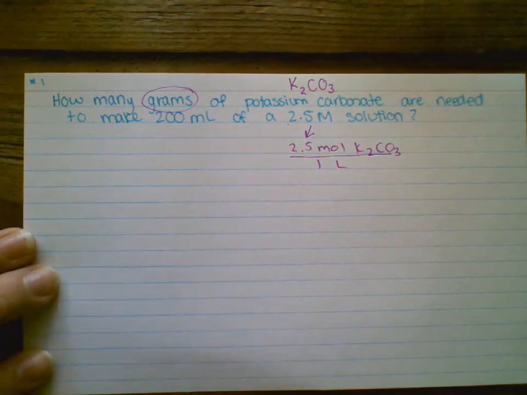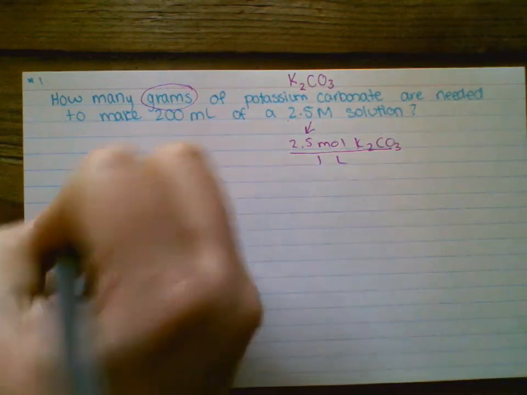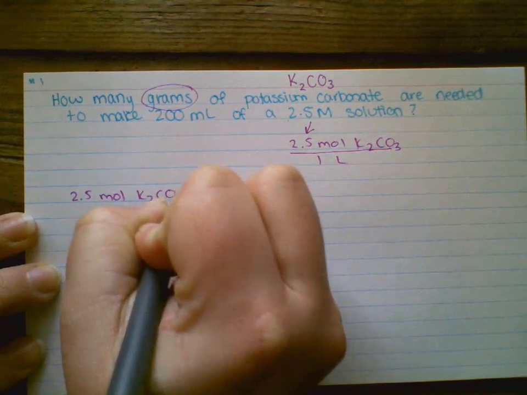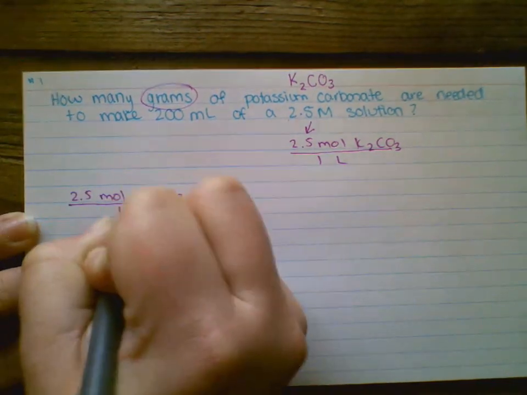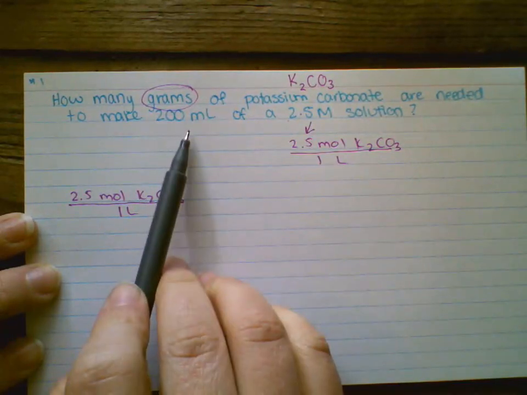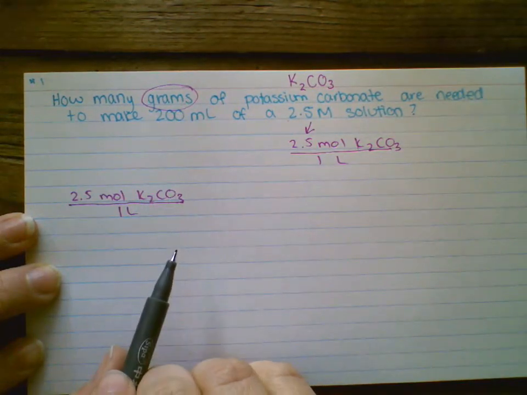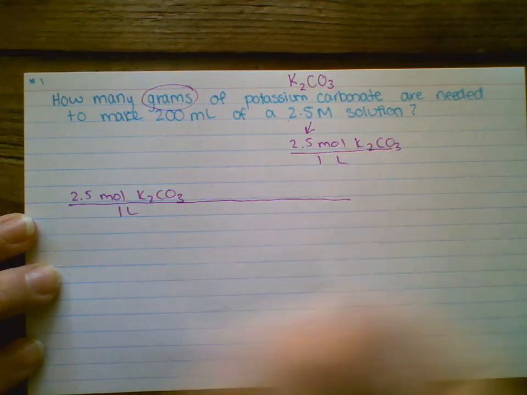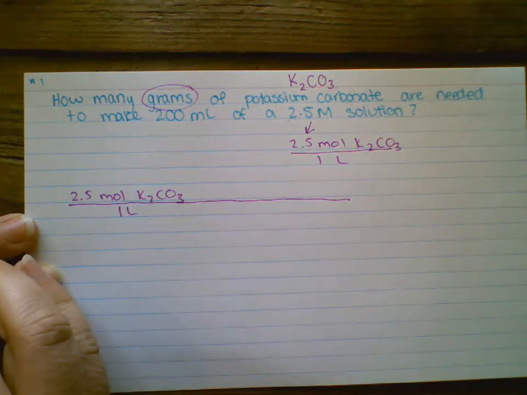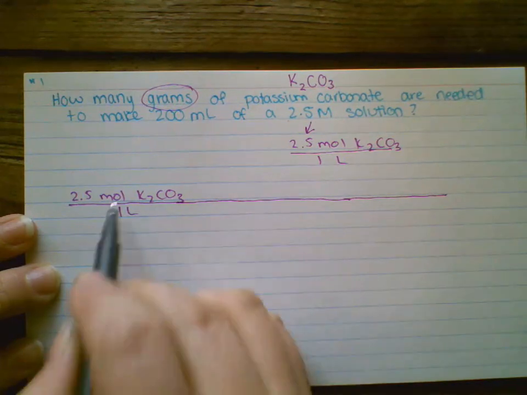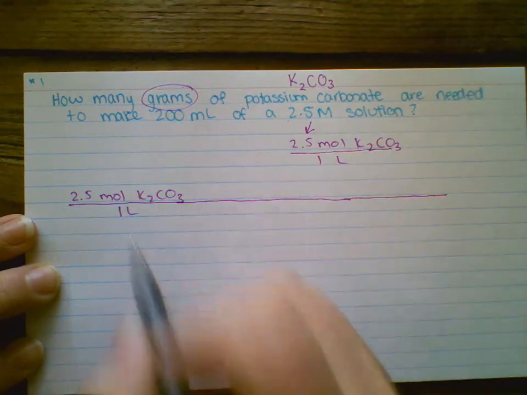I know that's going to be important in this problem. Okay, so I'm going to start with my 2.5 moles K2CO3 per 1 liter of solution. I know I need to get into grams, and I know I have milliliters that I need to use somewhere in this problem, but right now I'm in liters. So just like the last problem we did, you can do these in any order. Okay, I'm going to start with my grams first, or my moles, and then I'll take care of my liters